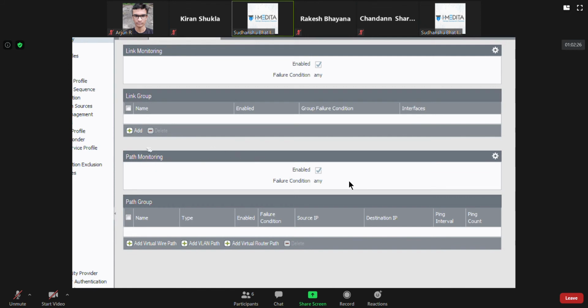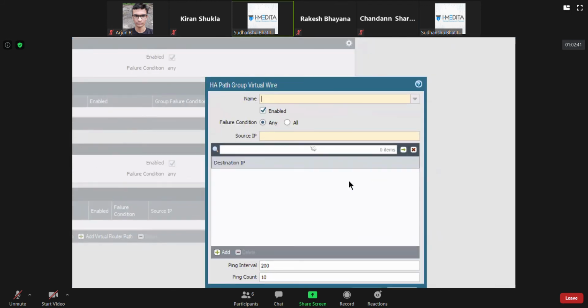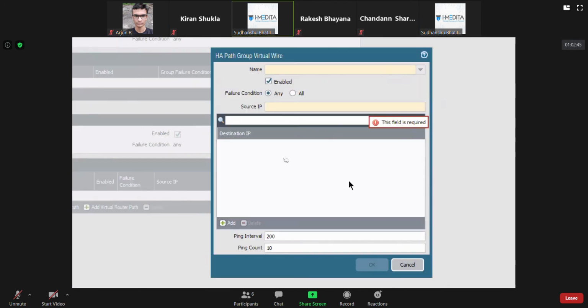Okay, so I was telling you about path monitoring. In path monitoring, basically you tell it the source IP, the destination IP, the ping interval, and how many pings in how much time. It will continue sending probes, just like track object, continuously sending ICMP.